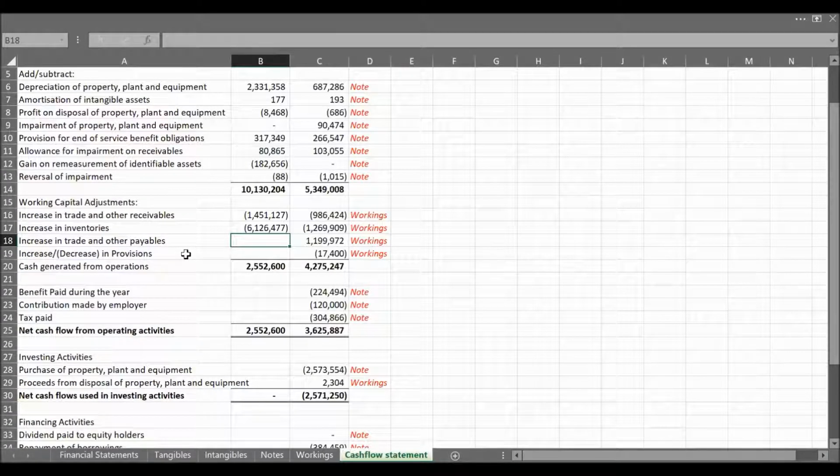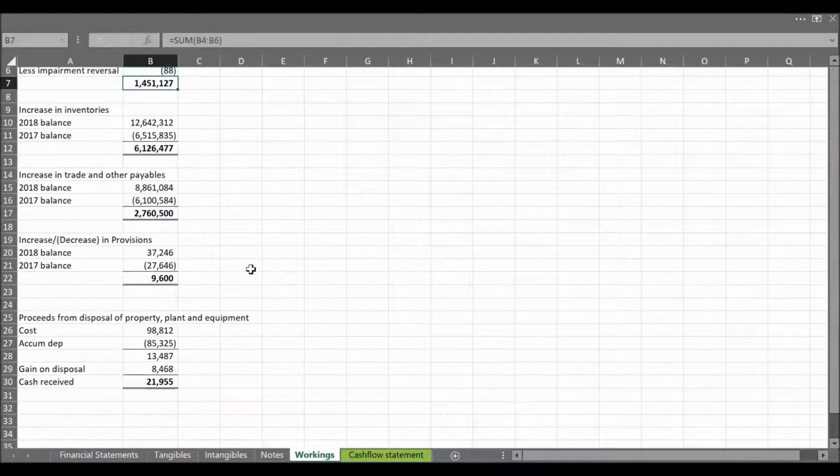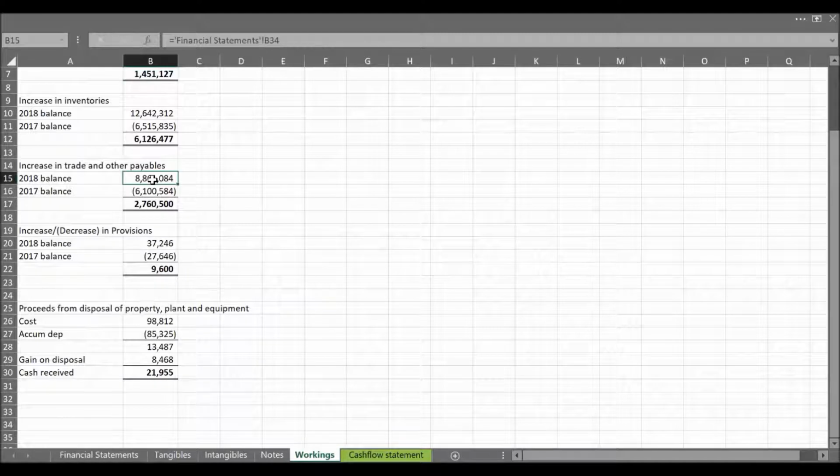Then we have increase in trade and other payables. So let's see what we have. Trade and other payables: the current year balance less the prior year balance. Know that if the current year balance is higher than the prior year balance, it means that the entity has stored cash for its use rather than paying it out, which means that as the balance is higher, there's an increase in the cash flow for that particular company. So this will be a positive